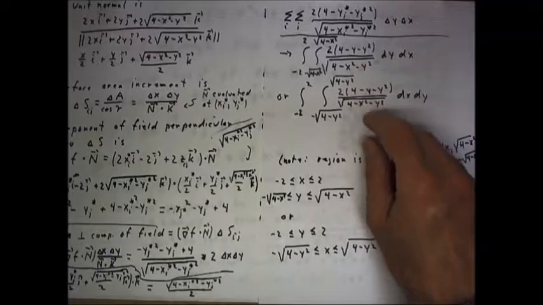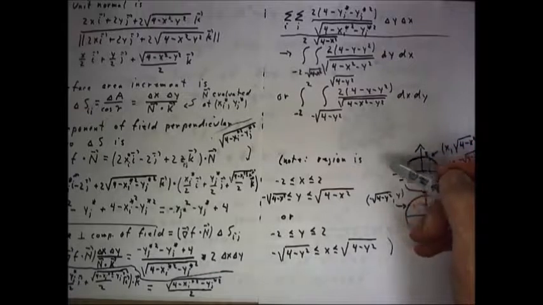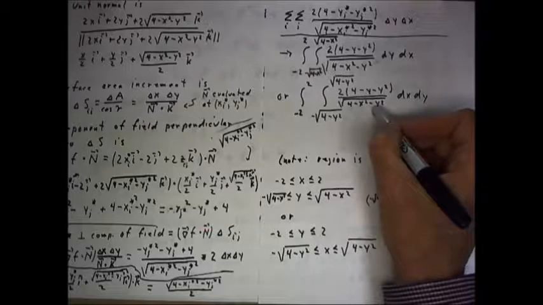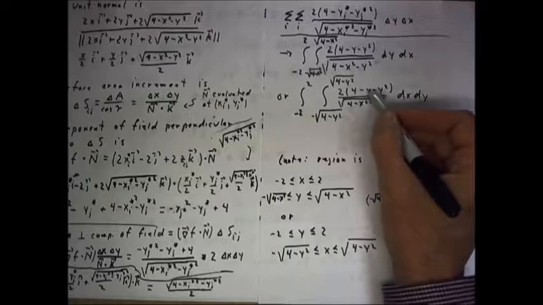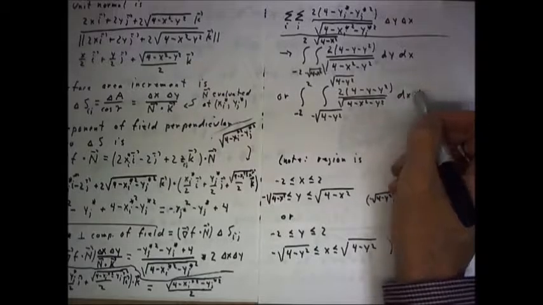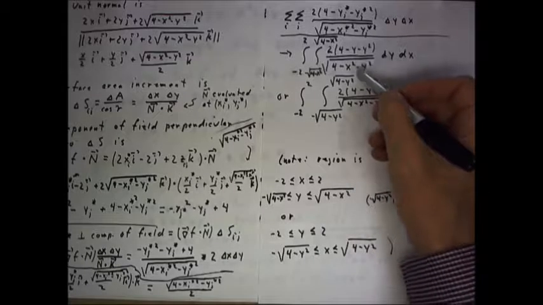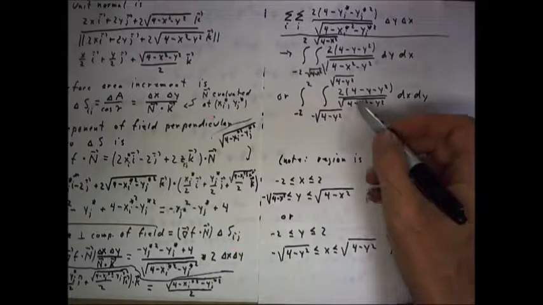We're not going to go through the details of the integration. The integrations use techniques that we've seen a number of times already. You're going to have to use some trigonometric substitutions. The integral of -2y over this denominator could be integrated by letting u equal y squared, du equals 2y dy. So those tricks can be helpful, but